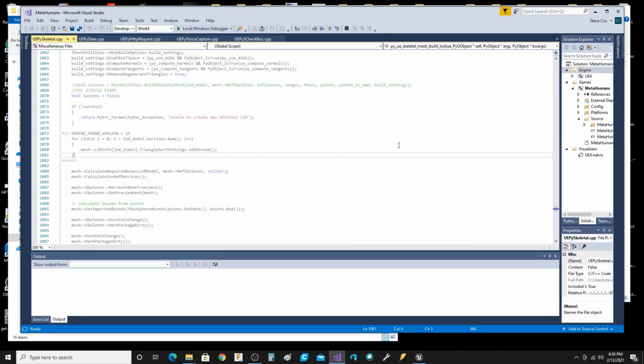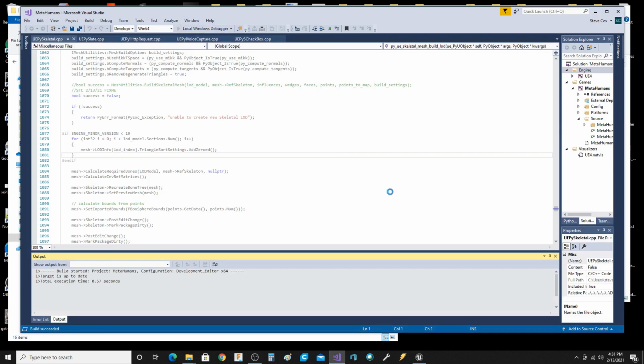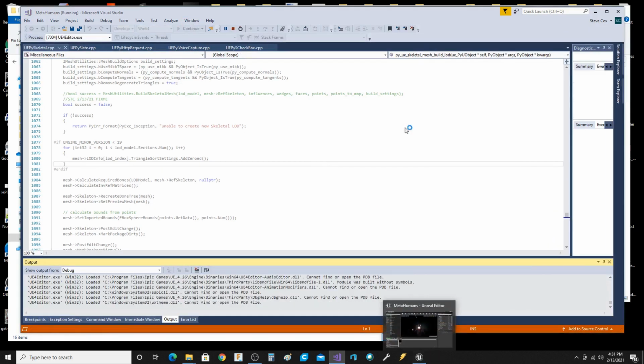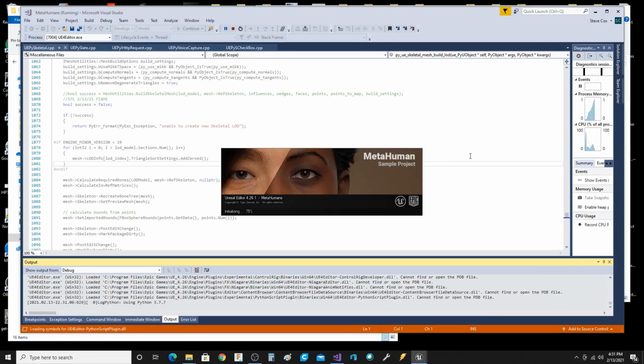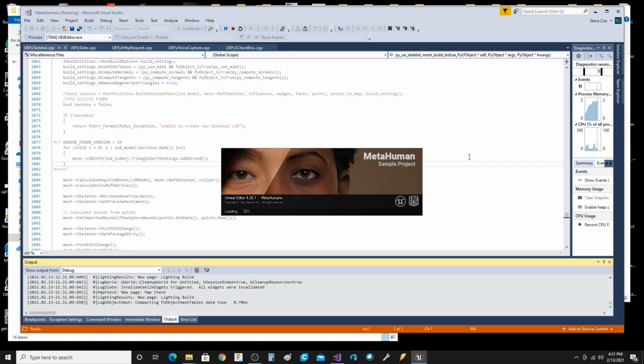You edited the CS file. Then you should be able to run this thing, and there you go. So it compiled it. Now it takes longer. I've already pre-compiled it, and then I had some errors. So if you're with me so far,